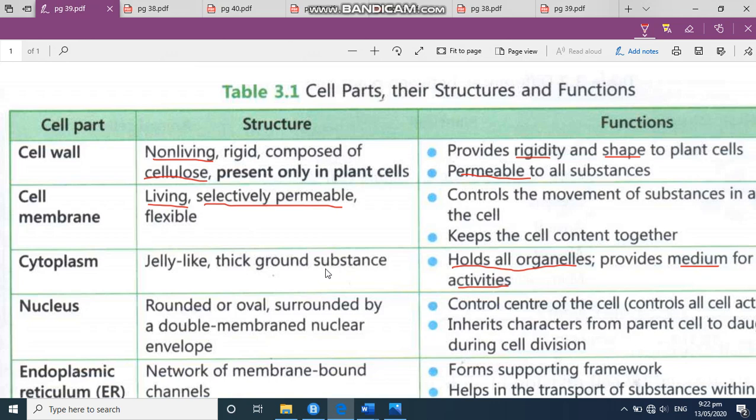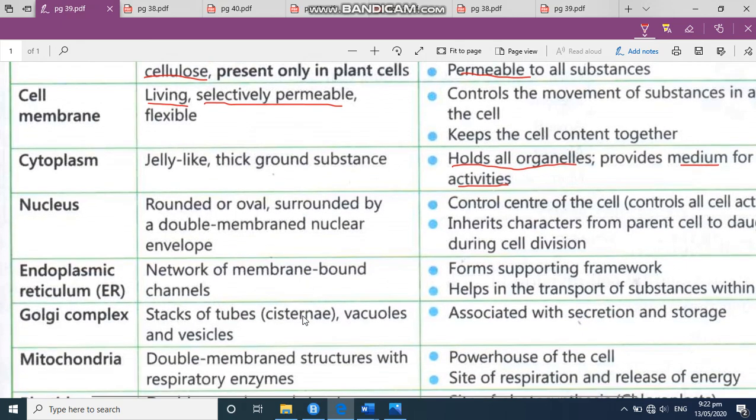Now for example, to explain this, what is ground substance? That is the matrix, we can say. Suppose I take one bowl of sand, and if I put marbles inside, that sand is known as cytoplasm, and the marbles which we put inside will be taken as organelles. Now next comes the nucleus.